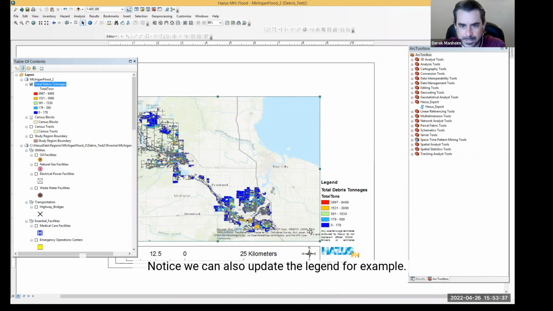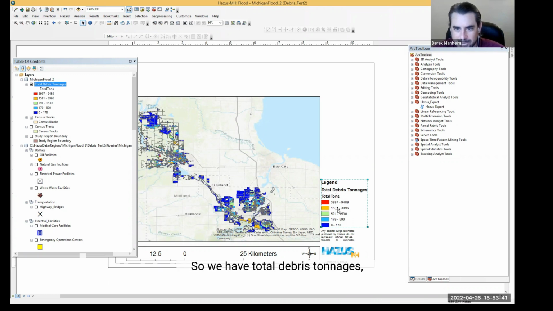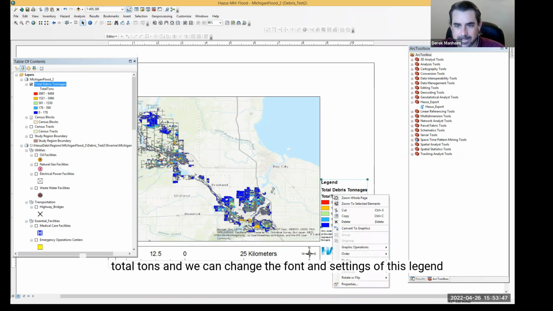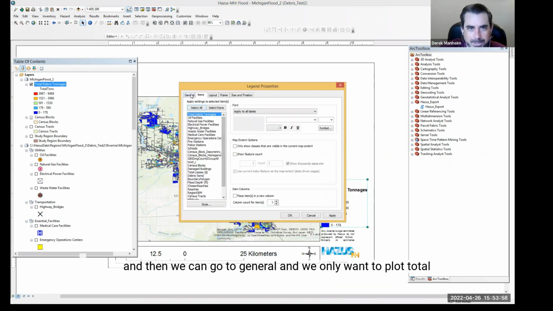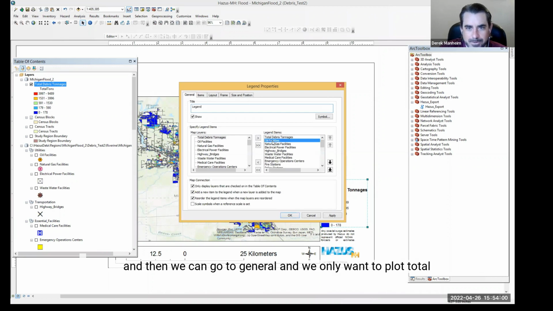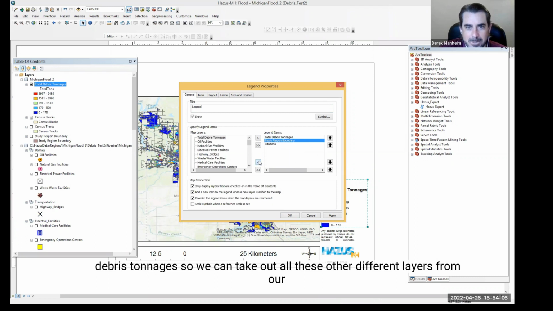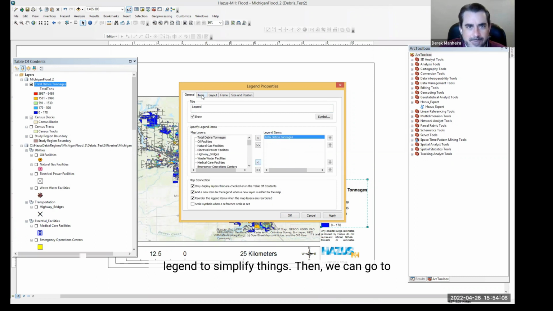Notice we can also update the legend, for example. So we have total debris tonnages, total tons, and we can change the font and settings of this legend by right-clicking the legend object, going to properties, and then going to general, and we only want to plot total debris tonnages, so we can take out all these other different layers from our legend to simplify things.